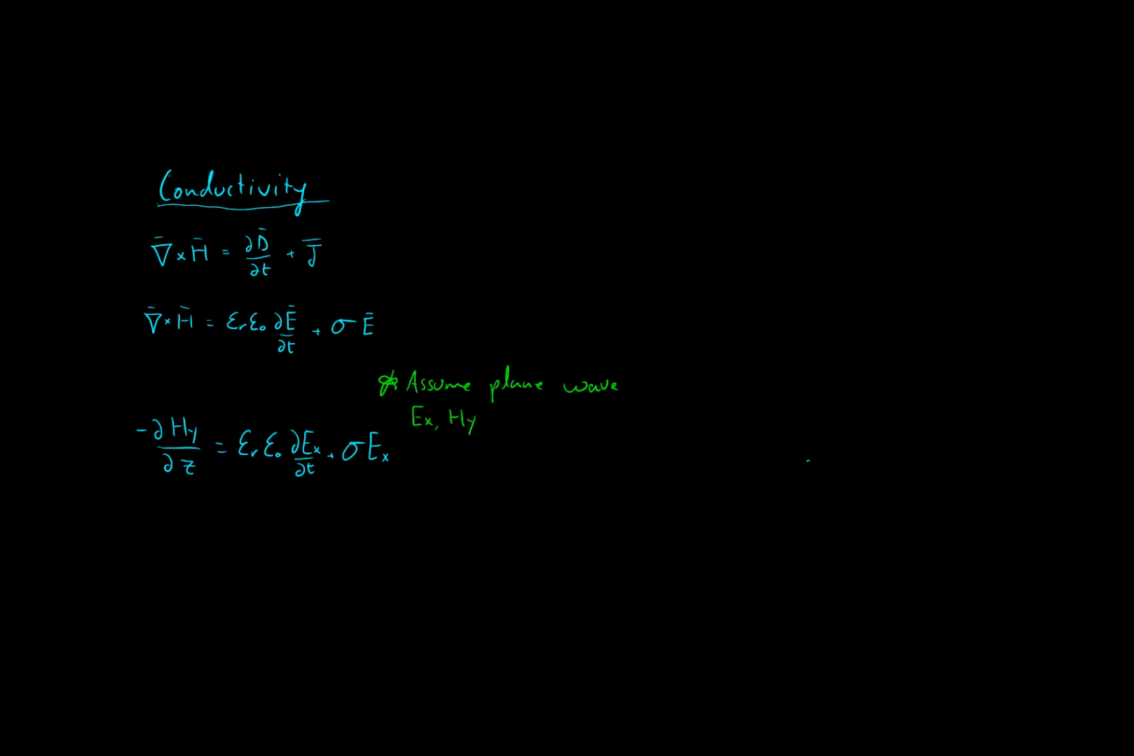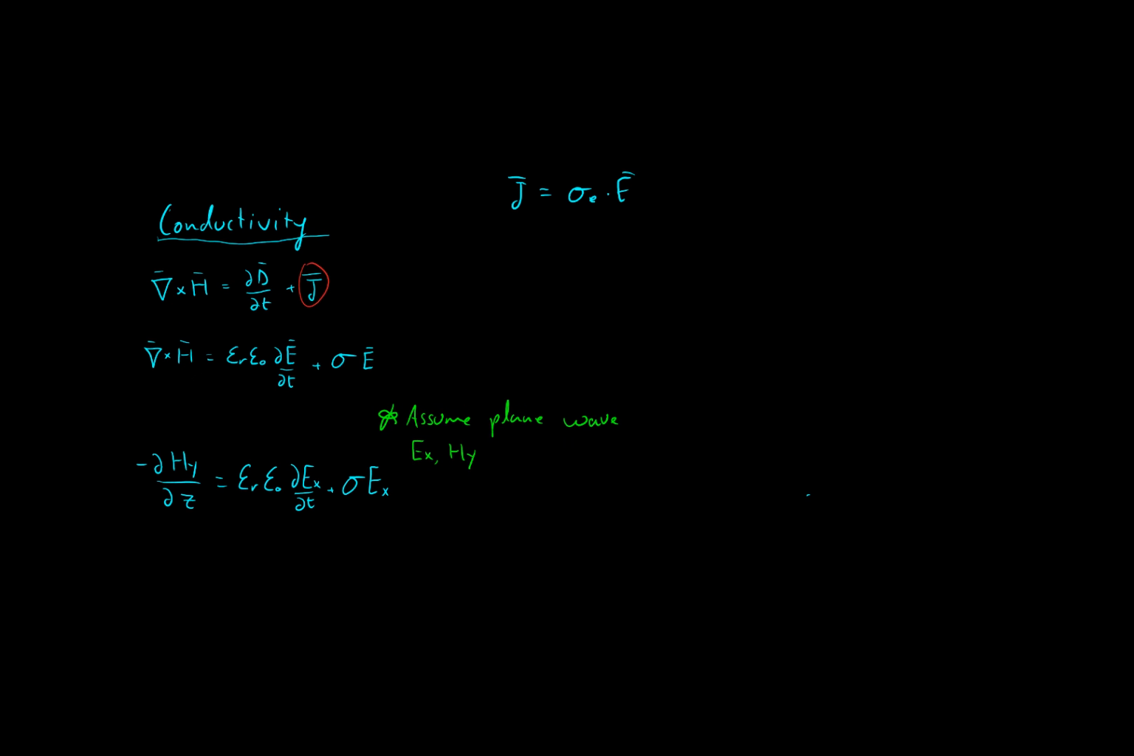So we're almost there, guys. All we need now is to add conductivity in order to decrease the energy of the electromagnetic wave inside a material. Conductivity works by applying a current density. We know that current density J is equal to sigma E times the electric field. Okay, keeping with our assumption of plane waves, with the E field oscillating in the X direction and the H field oscillating in the Y direction,